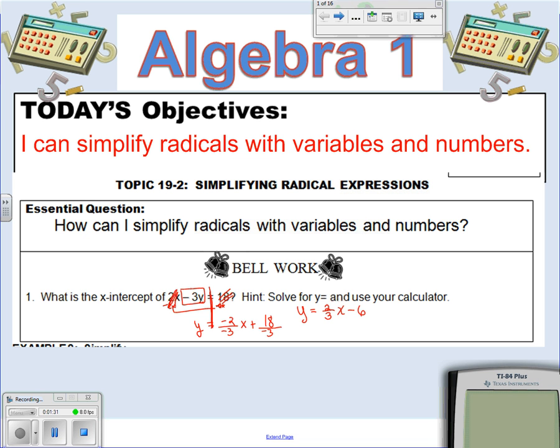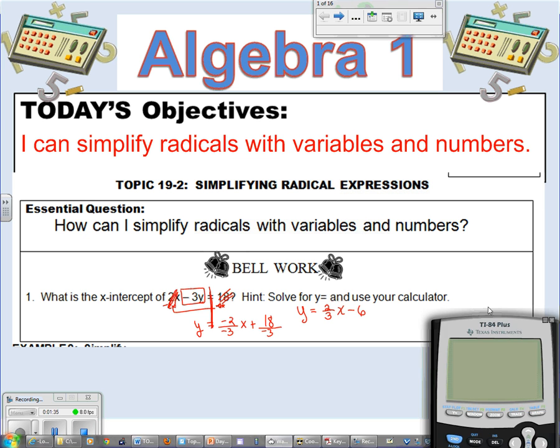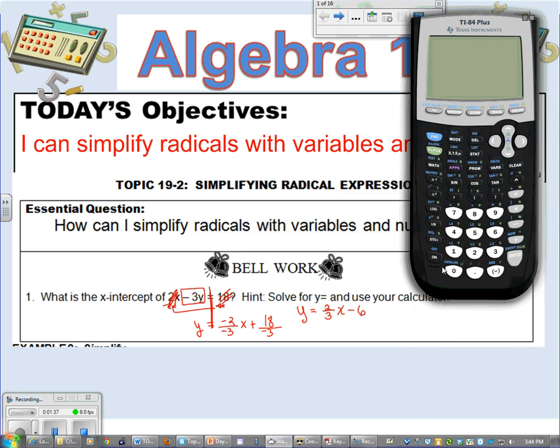So now I have this equation in slope-intercept form, which means I can use my calculator. Notice this is asking for the x-intercept, not the y-intercept. So I need to make sure that I am finding the x-intercept. So I'm going to put this in my calculator. I have the 2/3 x minus 6 in the calculator, and then I can look at the graph and see,